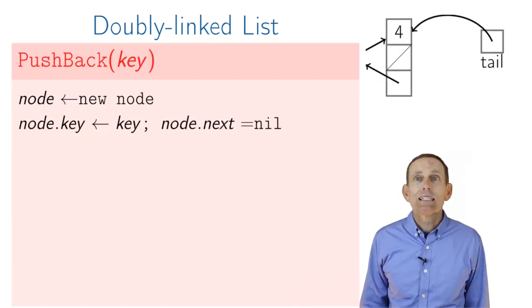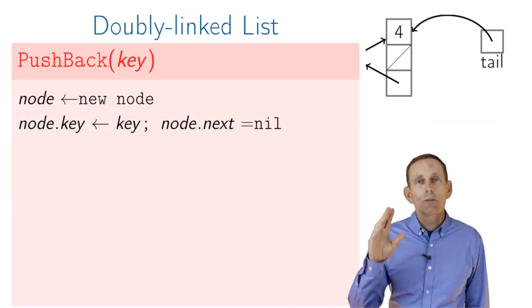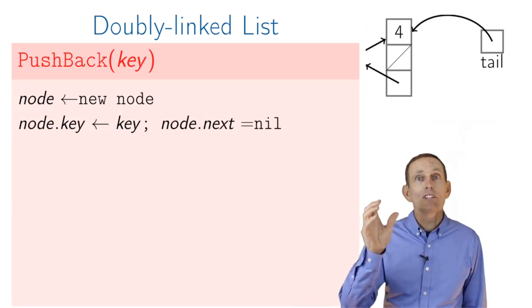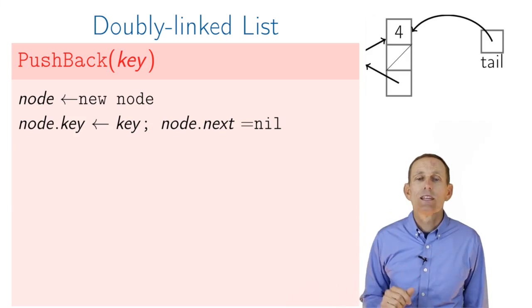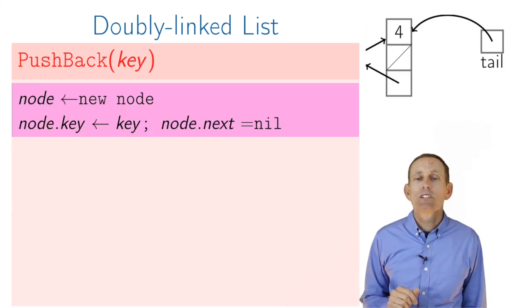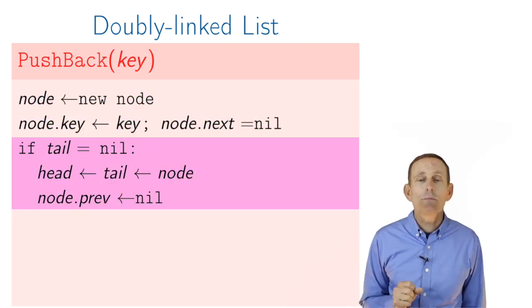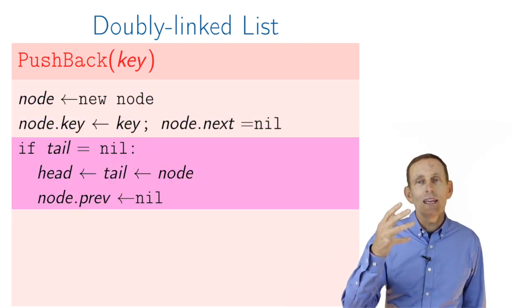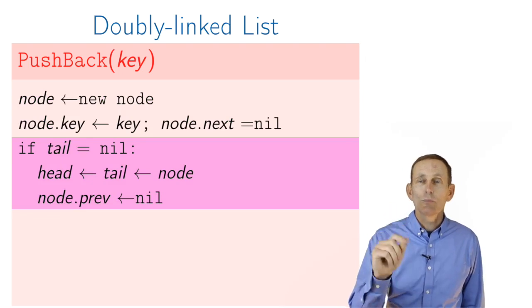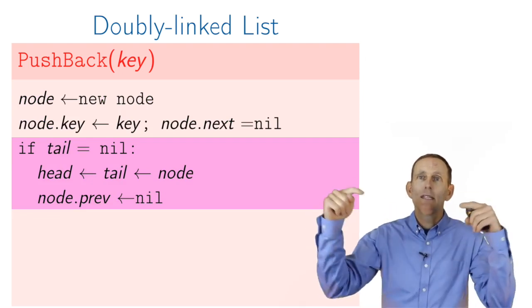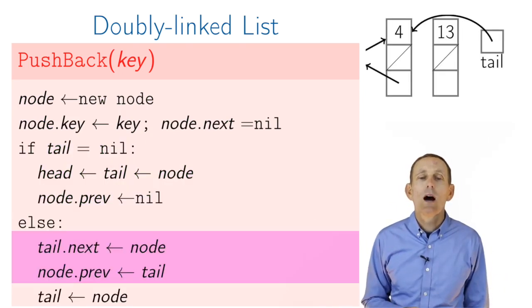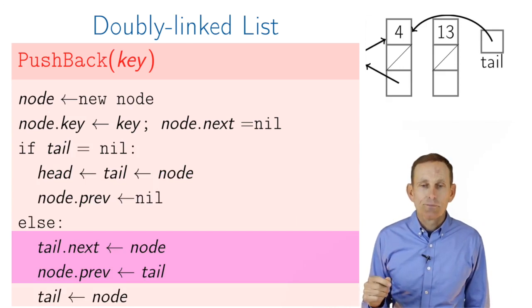So if we have a doubly linked list, our code is slightly more complicated, because we've got to make sure to manage both prev pointers as well as next pointers. So if we're pushing something in the back, we'll allocate a new node. If the tail is nil, which means it's empty, then we just have a single node whose prev and next pointers are both nil, and the head and tail both point to it. Otherwise, we need to